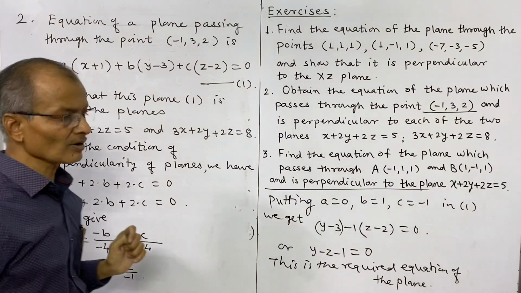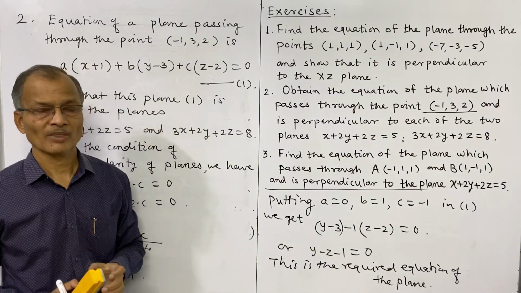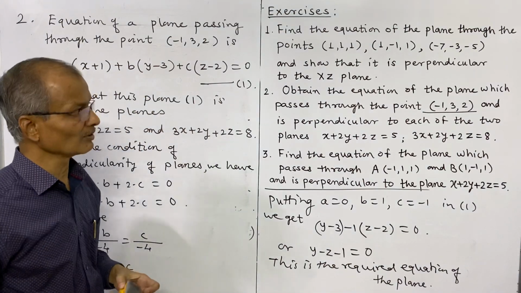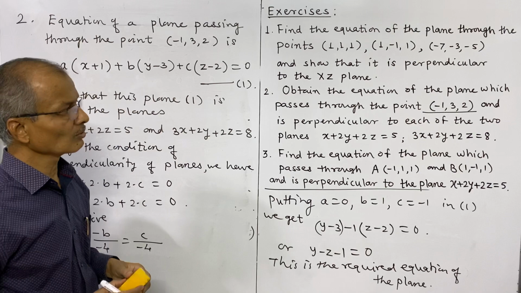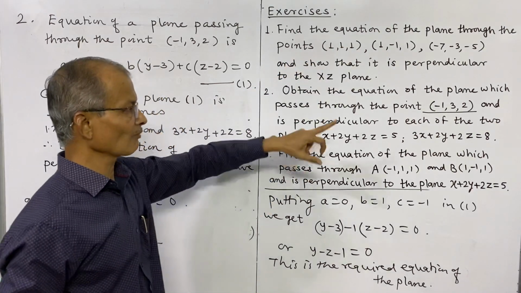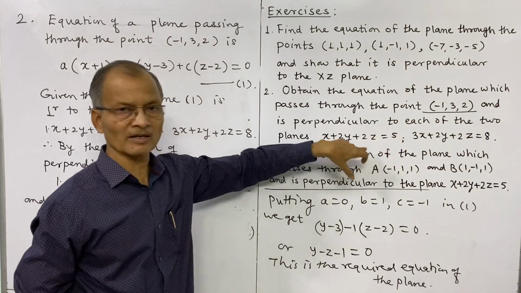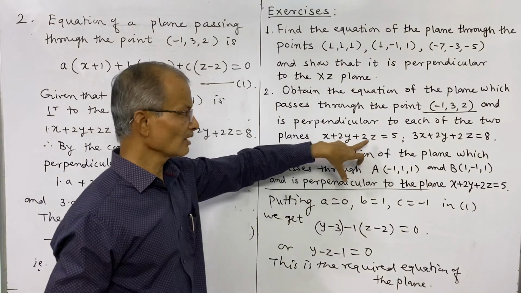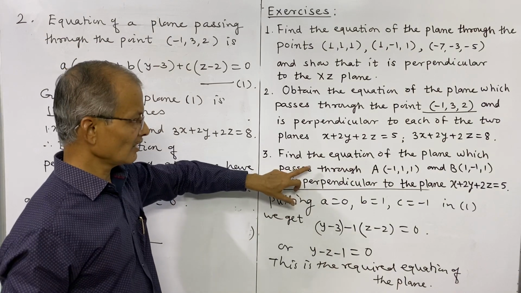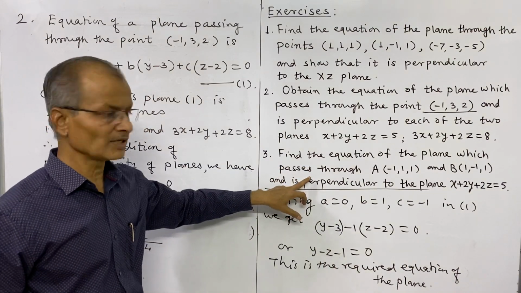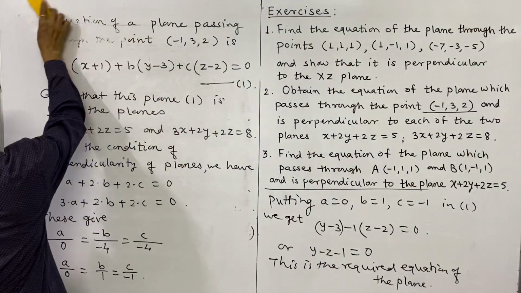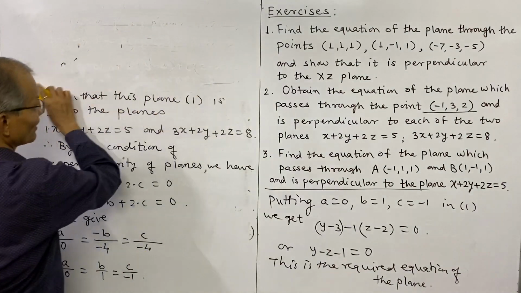Now what is important in these types of problems is that you should note the conditions. Which conditions are given? Three conditions are required to determine the equation of a plane. Either three points may be given, or one point and another perpendicularity condition, so two conditions are given. Now what about the third problem? I will leave you to solve this problem. Please try this problem yourself. It is not difficult. What is given, I shall tell you how to solve the problem.